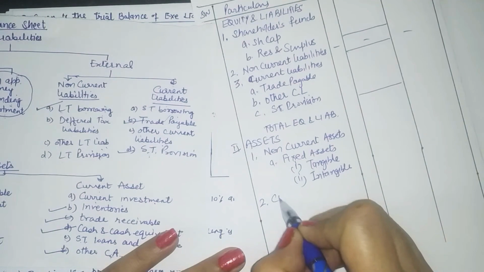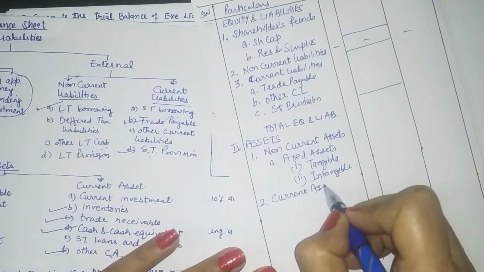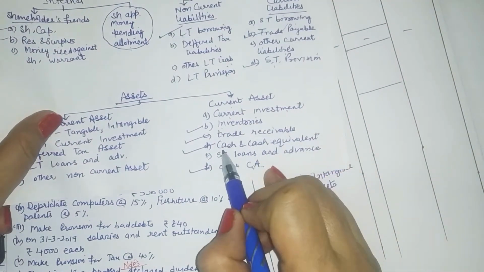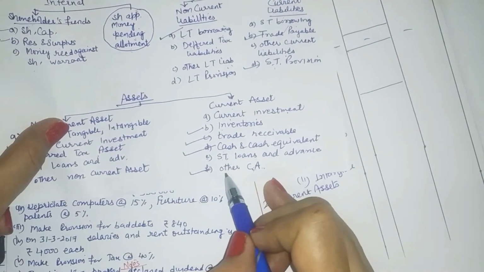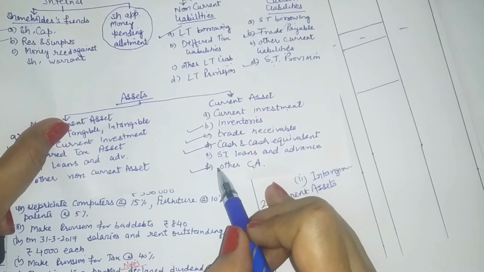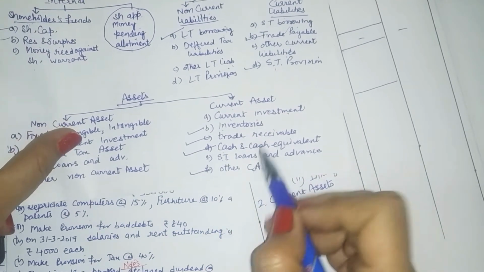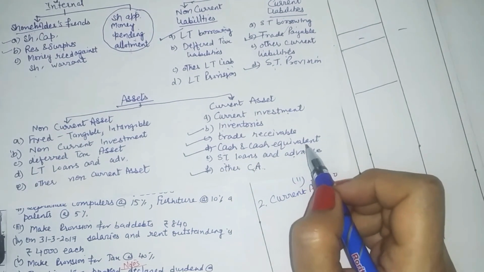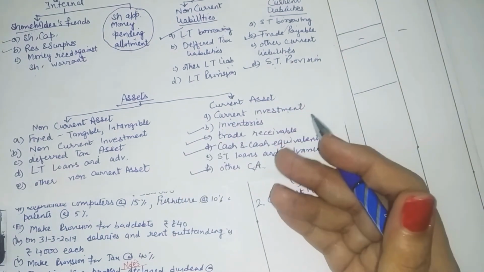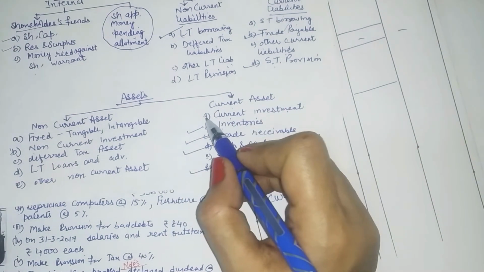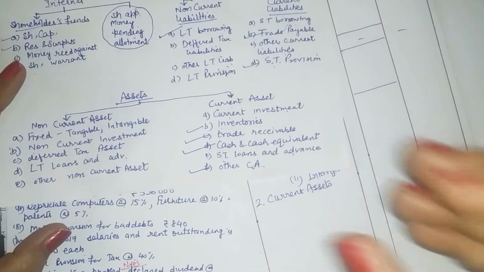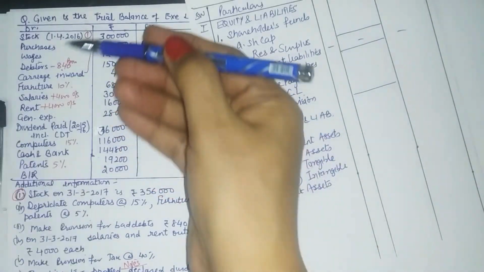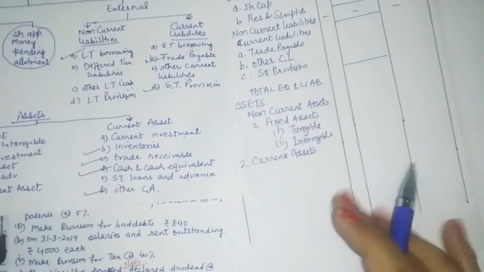Now next is current assets. In the current assets, the main categories which are always there in a question are inventory, trade receivables, cash and cash equivalent, and if any expenses which are unexpired are given, then other current assets will be there. Now short-term loans and advances are usually there because we pay advance taxes. But we should look for this. Sometimes we do not have any advances, and same is the case with the current investment. So certain categories are always there, but some need to be checked in the question. So current investment, there is no investment, neither short term nor long term.